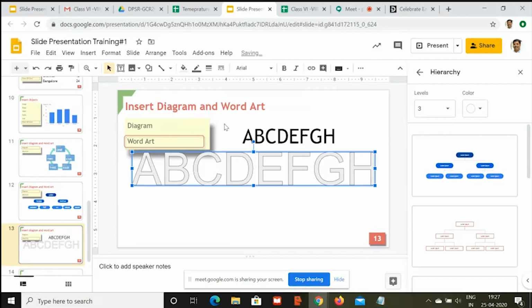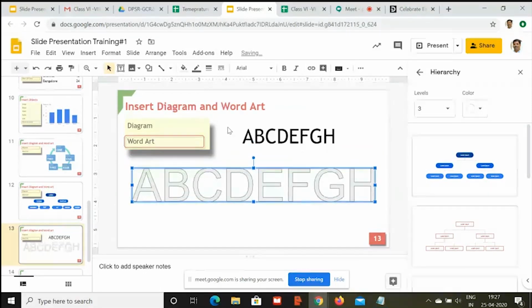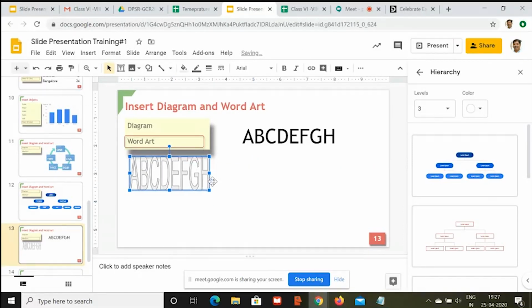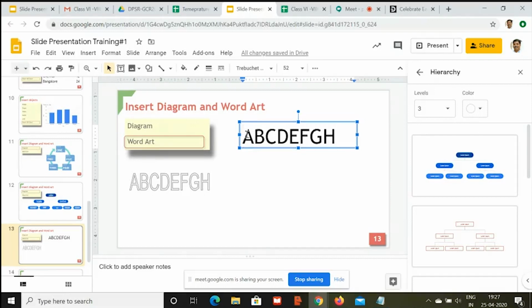Now, best is this content is completely in your control on the length side as well as the width side. So I can just fit it in a small area like this, exactly of this size, and I can control the height also. I don't have to depend on length and height at the same time. It is also in my control in one more context: this particular text which I have typed is in one color only.